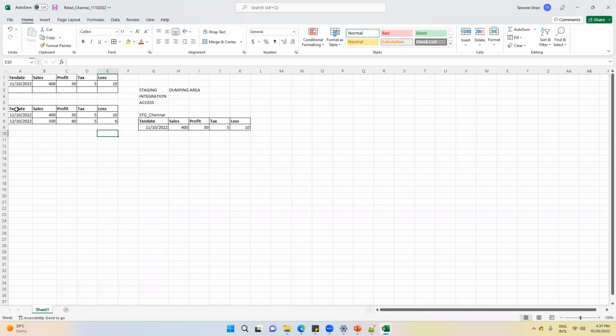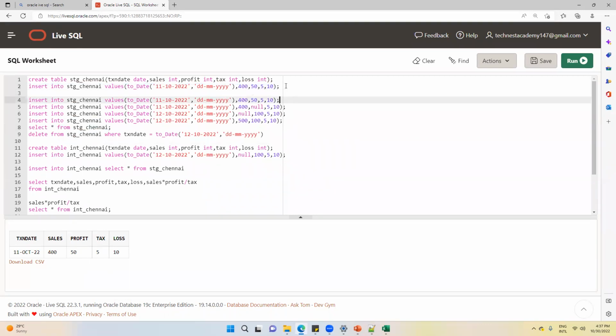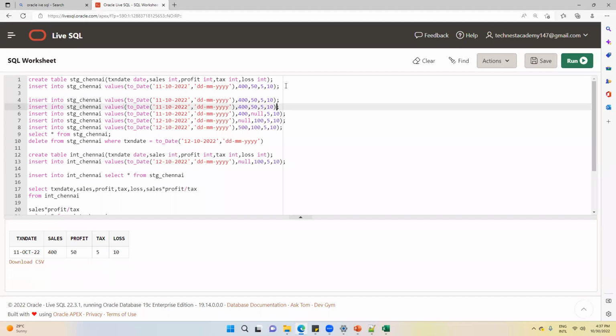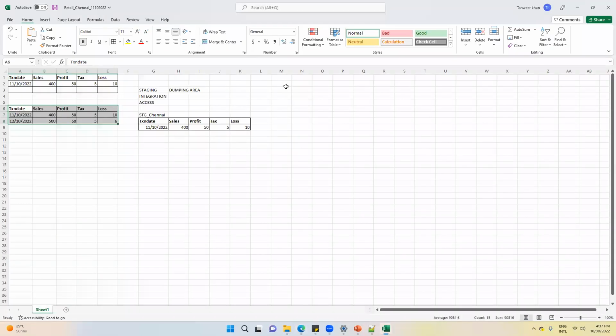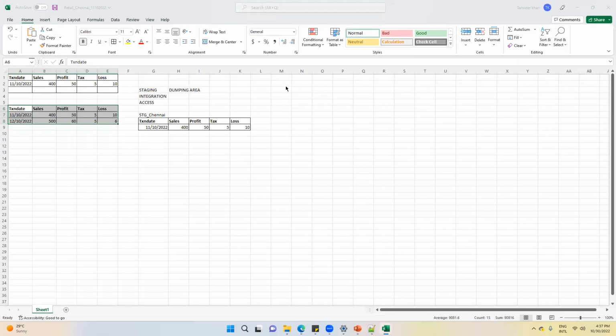Now, if I load this file, any idea what will happen? We'll have a duplicate value, right, for the 11th October. We will be having a duplicate value, 560.